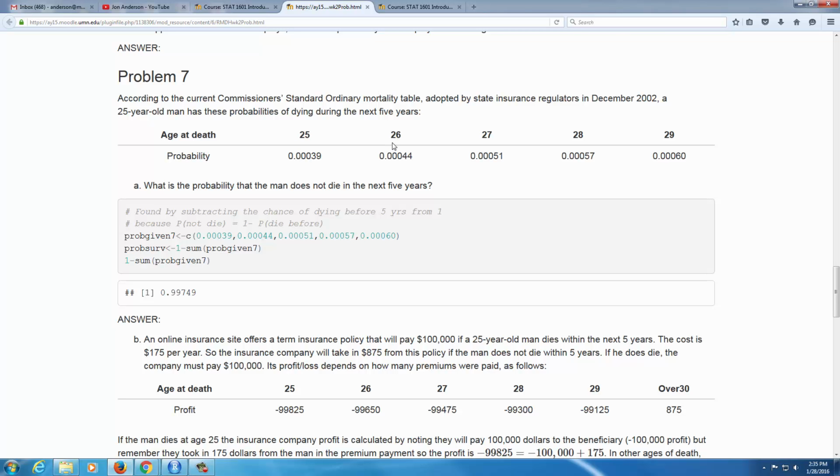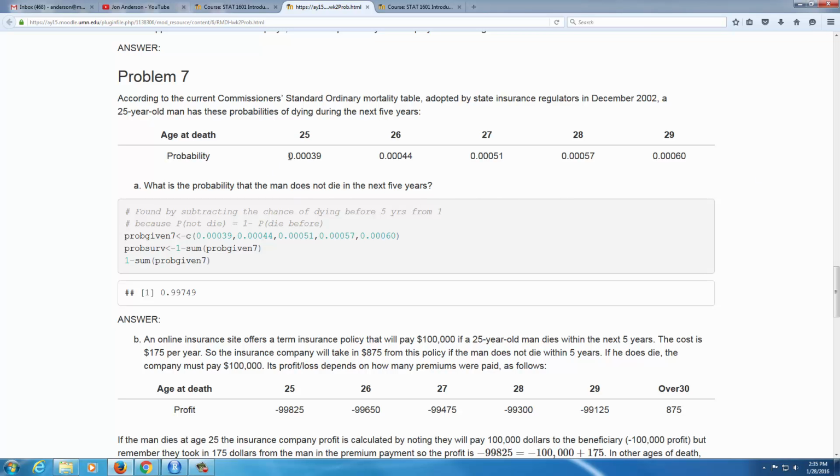The probability that someone would die the next year would be this probability. The probability of somebody living up to that point and then dying the next year when they're 27 would be this probability, and so forth. So we have the probabilities of dying in each of the remaining years,